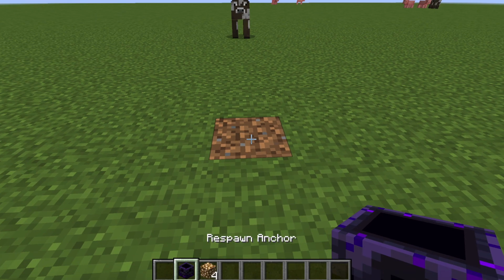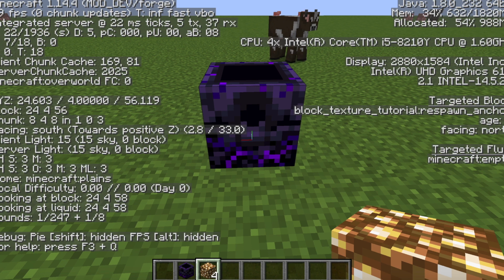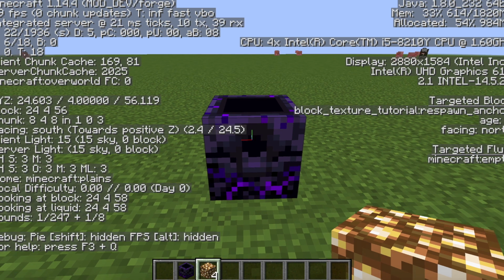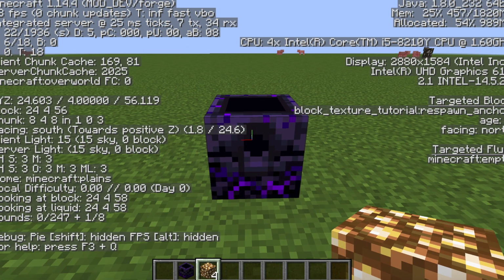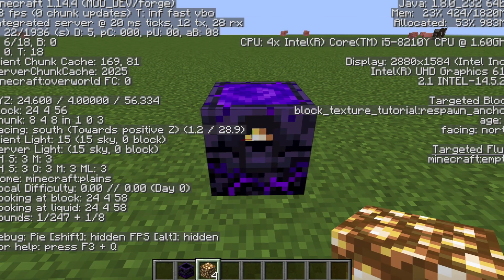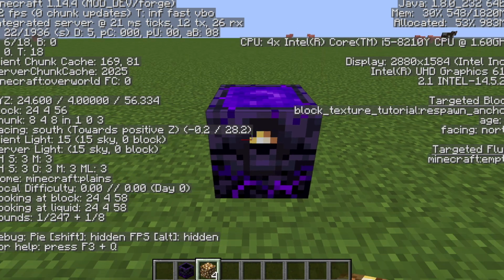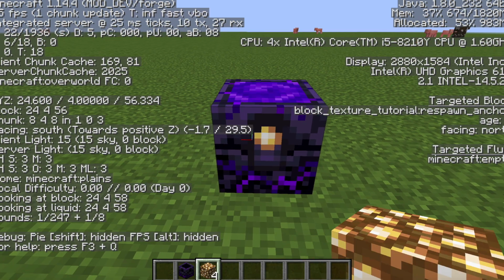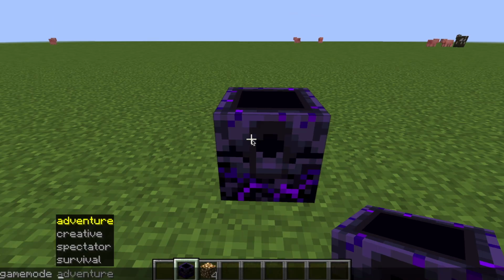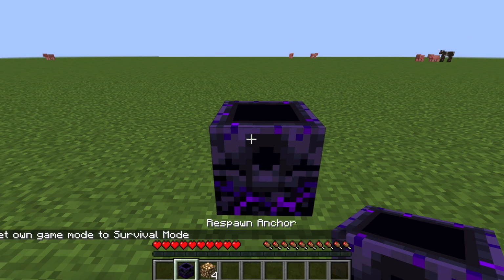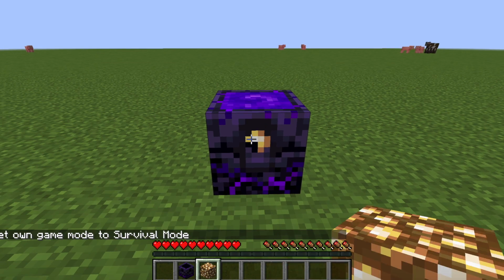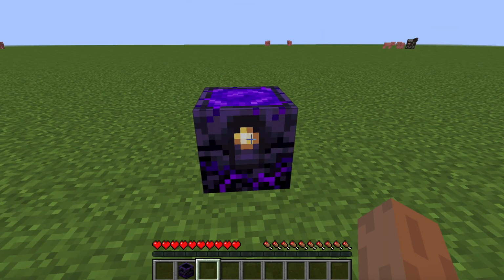And now if I take the respawn encore, then you can see this time it is not lit but edge equals 0. I'm in creative mode. So you can see if I right click, edge equals 1 and it lights up, edge equals 2, edge equals 3 and edge 4. So this is when I'm in creative, but now if I set to survival, then glowstone, one glowstone, up, 2, up, and no more glowstone, and the anchor is full.